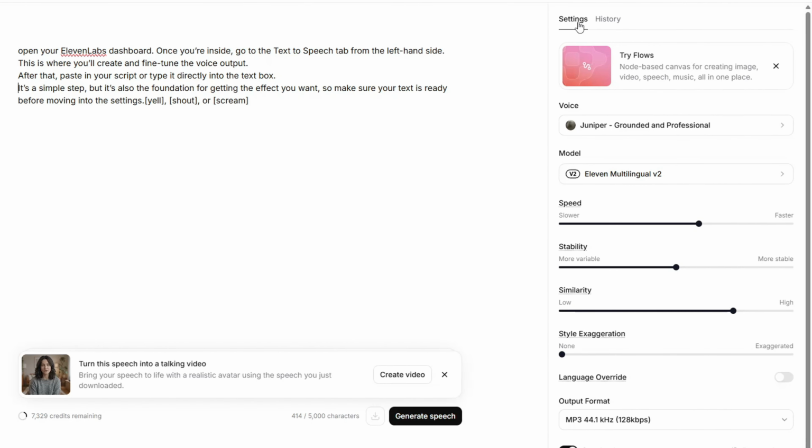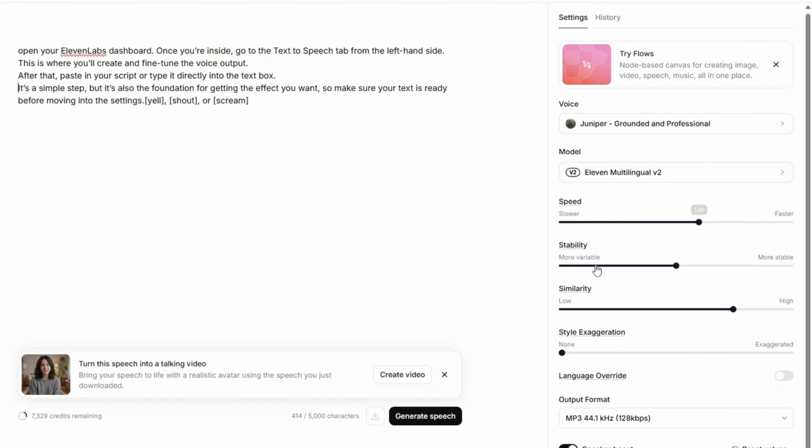The first thing you will want to adjust is the stability slider. Lower it to around 30 to 40%. This is important because lower stability allows the voice to sound more expressive, more emotional, and more dynamic. In other words, instead of sounding too controlled or flat, it can come across more like a real person raising